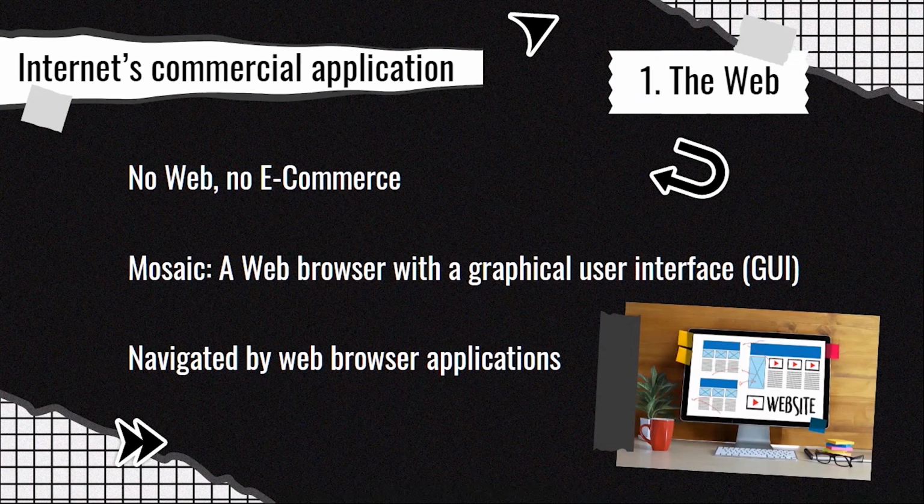Web browsers are navigated through a graphical user interface, or in other words, Mosaic. In simple terms, this graphical user interface made it possible to view documents on the web graphically. Just think for a moment. It is the reason why you can see the slides I'm putting on the screen right now, instead of just text and walls of text. That's the function of the graphical user interface, right?